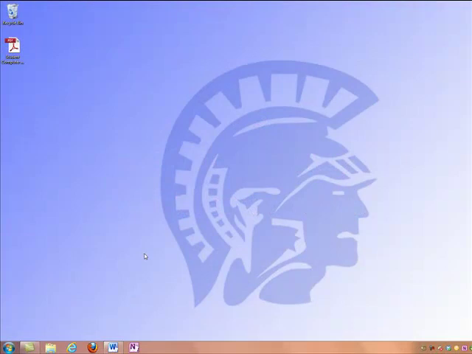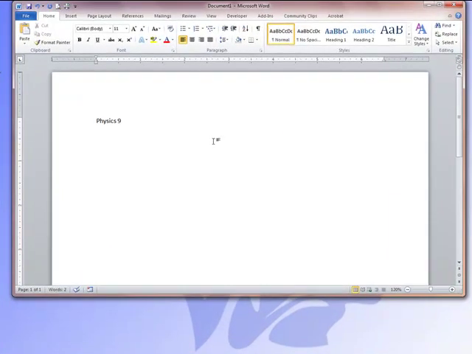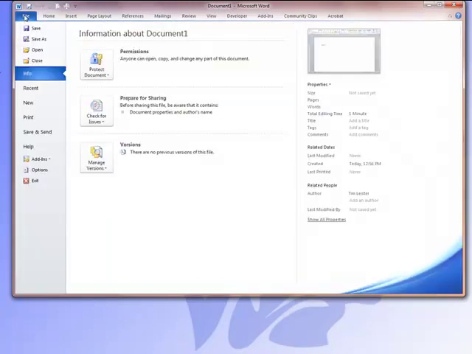Now that you've created several folders in your My Documents folder, let's take a look at what saving a file looks like. So let's say I was working on a Word document that either I created or my teacher provided for me. When it was time to save that document, because right now it's not saved. It's just called Document 1. If I go to File,